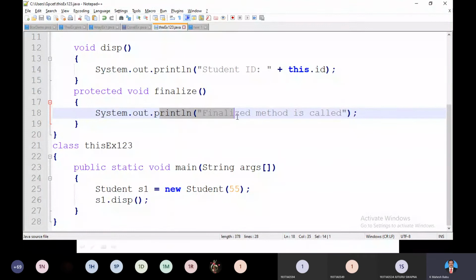Even if it is executed, we can't see that one. Why? Because this will be run just before the object is going to be deleted. Means after completion of our program execution, once it comes out of execution, then the garbage collector will call that particular object. While deleting, that object prints this information on the screen. Well, you can't see all that information which is beyond our program, right?